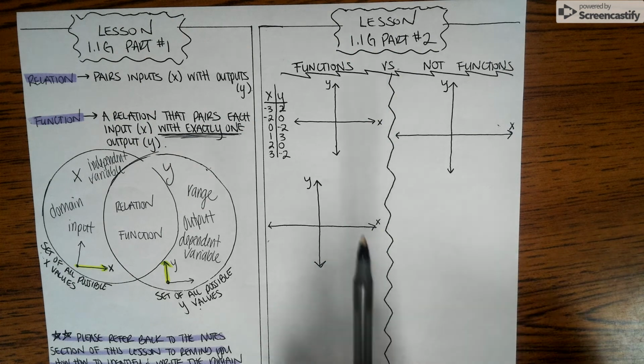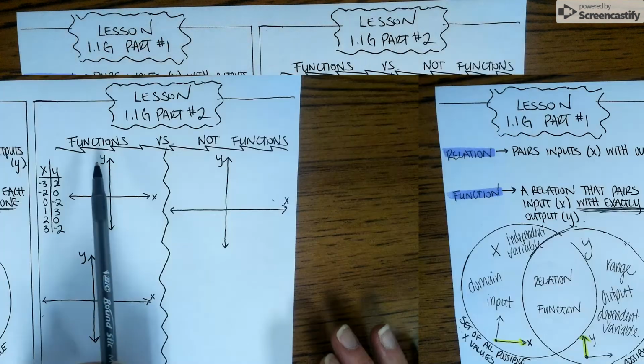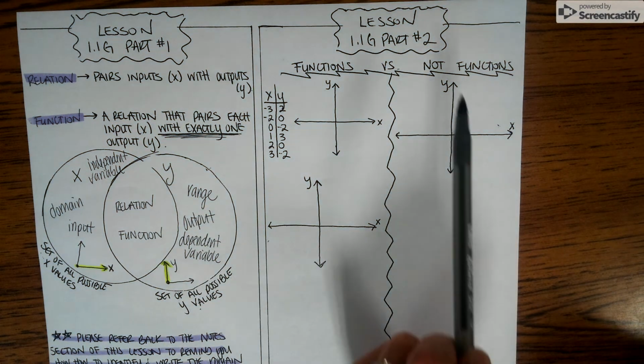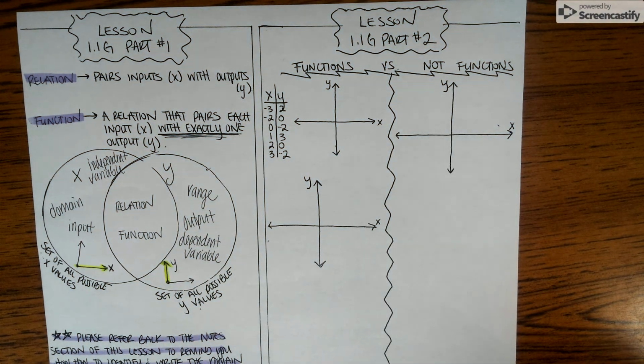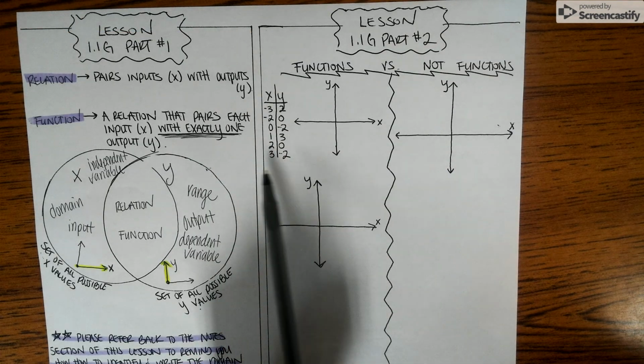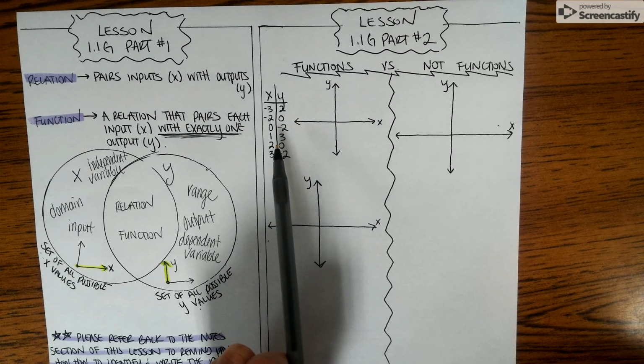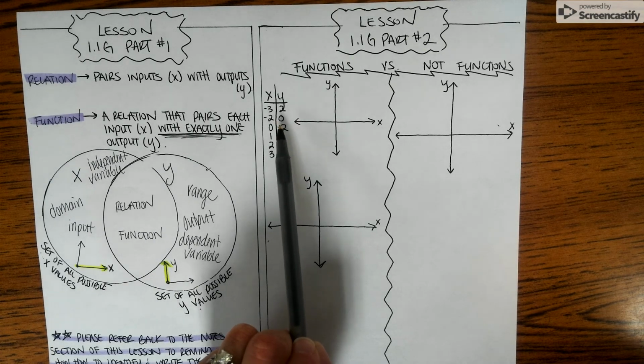So with that being said, I made sort of like a T-chart in here. On the left-hand side, I have examples of what we call functions, and on the right-hand side, I have examples of what we call not functions. When we look at the first example here, I have what's called a table of values. Now with the table of values, I can use this table in order to plot my points